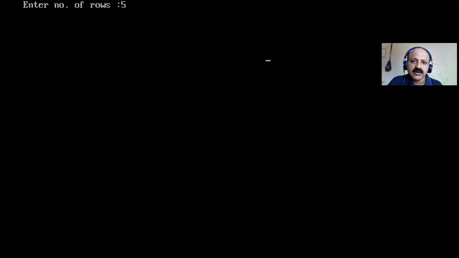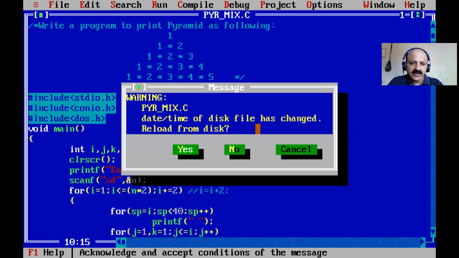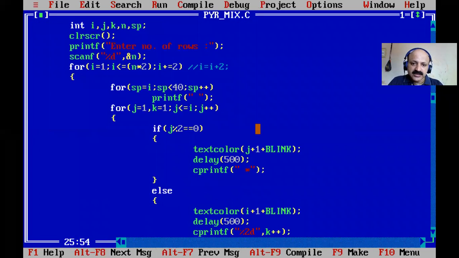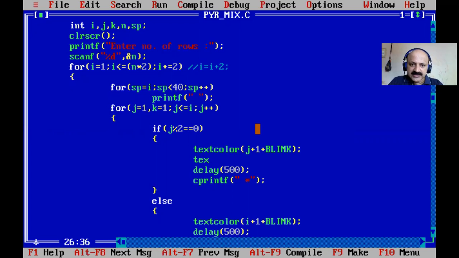Yes, and lastly, we can also provide the background color. That is remaining. So text background is also in conio.h, so no extra header file is required. Now here is text color, and then text background color.